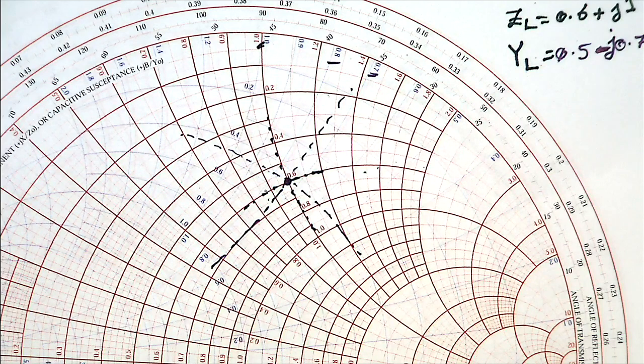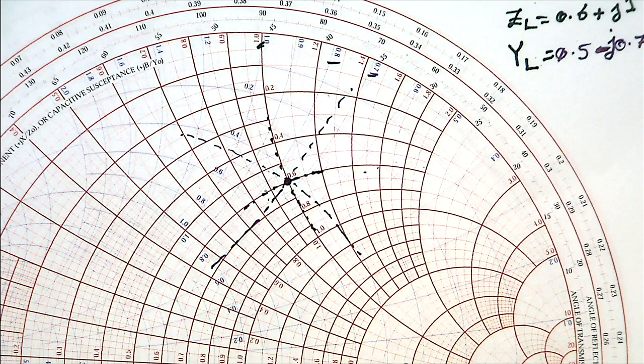And this is what I just mentioned, that we can have both the Y Smith chart and Z Smith chart on the same plane. So we said that we have a Z of 0.5 plus J 0.5. So ZL equals RL plus J XL, where RL equals 0.5 and XL is also equal to 0.5.